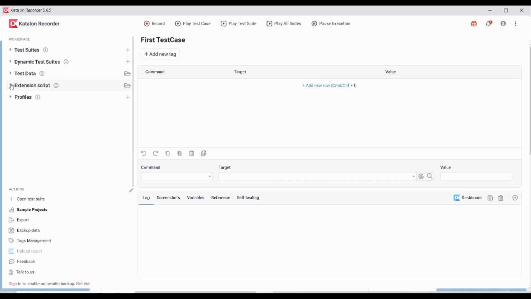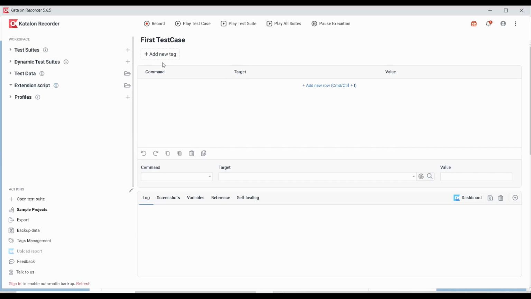Okay, so what is an extension script? An extension script allows you to add custom commands and locator methods to Katalon recorder.